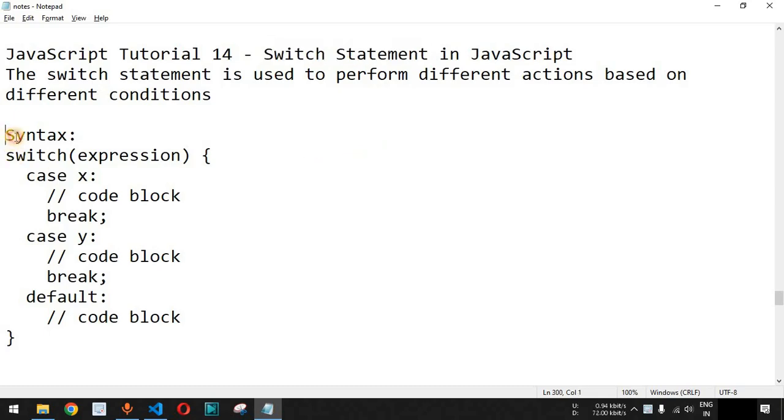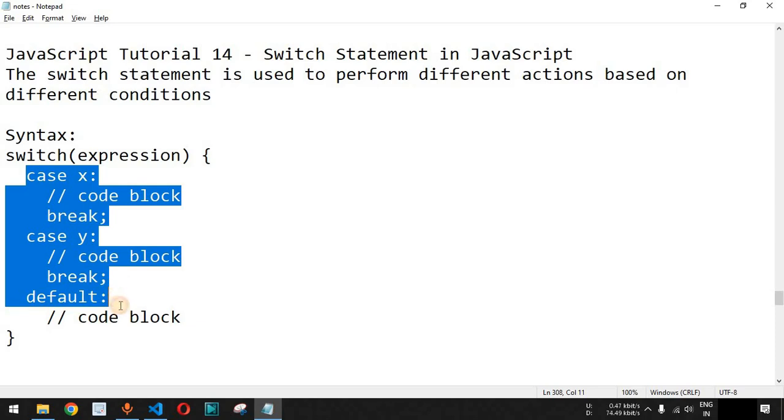So guys, this is the syntax that you can use. First of all, you have to use the switch keyword, and then inside the open and close parentheses, you need to provide the expression. It can be a boolean value or a simple number that is being passed to the switch statement. This expression can be any number or a string as well, and based on the value of this particular expression, the control flow will try to match the number or the string